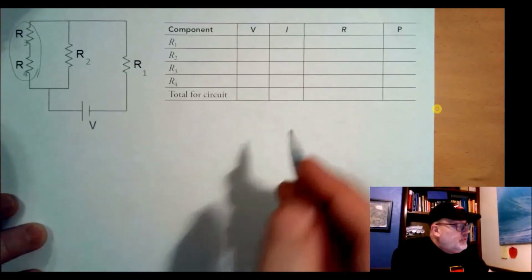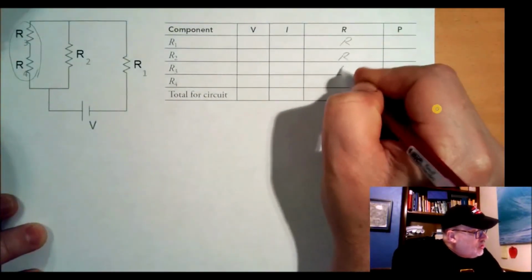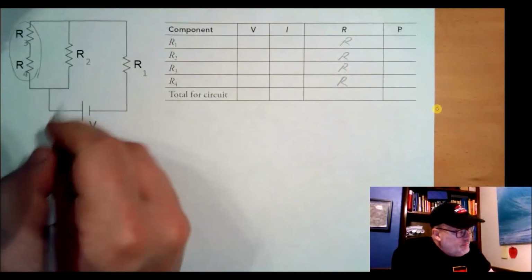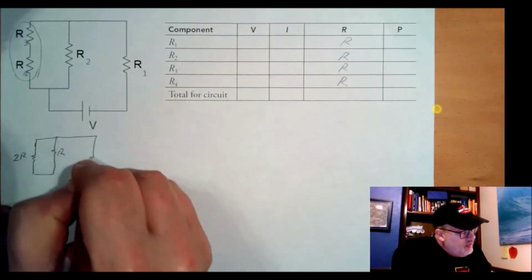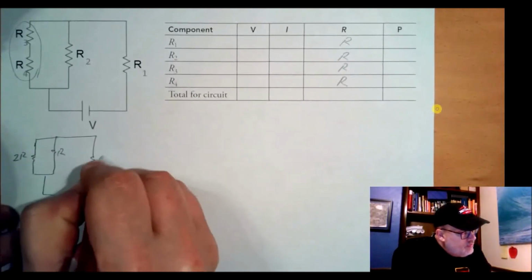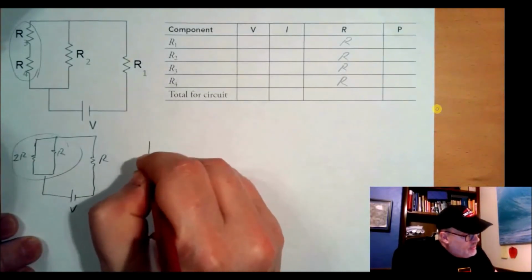Now, since this one's all symbols, I'm going to come the long way so you get a better idea what's going on. So all of these are just resistor R, and these two are in series, so those are going to end up being, when added up, 2R, and that's R, and then I have R over here, and there's my volts. Okay, so now I have these two that are in parallel, so I'm going to connect those two together, and when I do that,